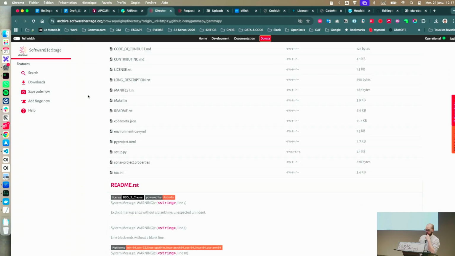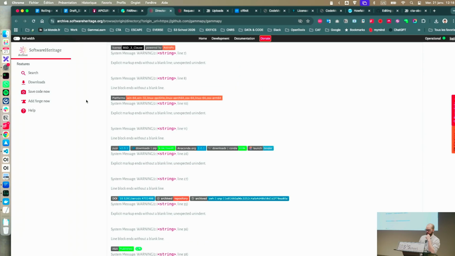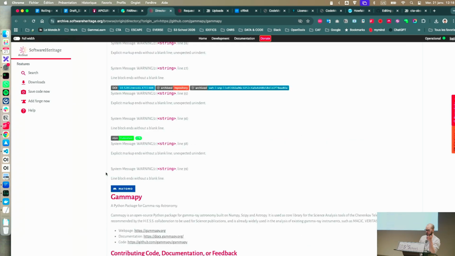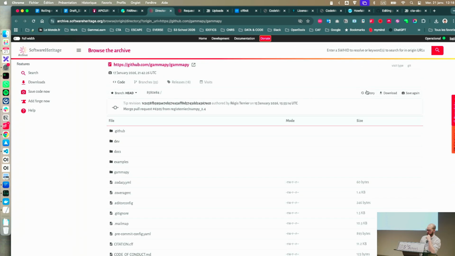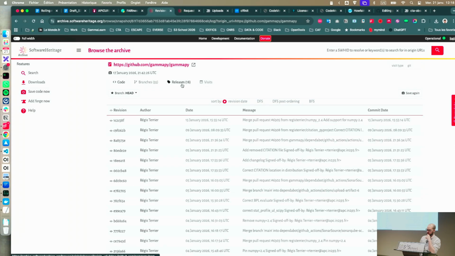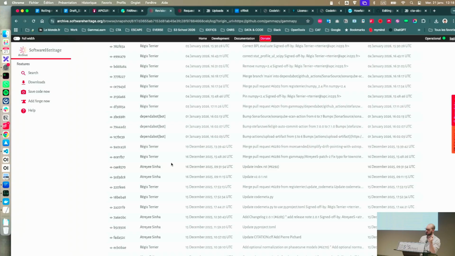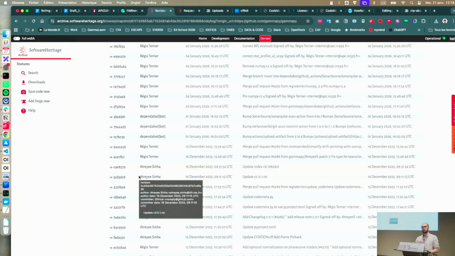So if I go to their page on Software Heritage, you see that we can again find their README file showed here and all the source code. I can get the full history here with the branches and releases. So you can also find the branch. If you use a specific branch to produce some scientific results, you can say, I've used this specific code. And if really I used a very specific commit because there was a bug fix,